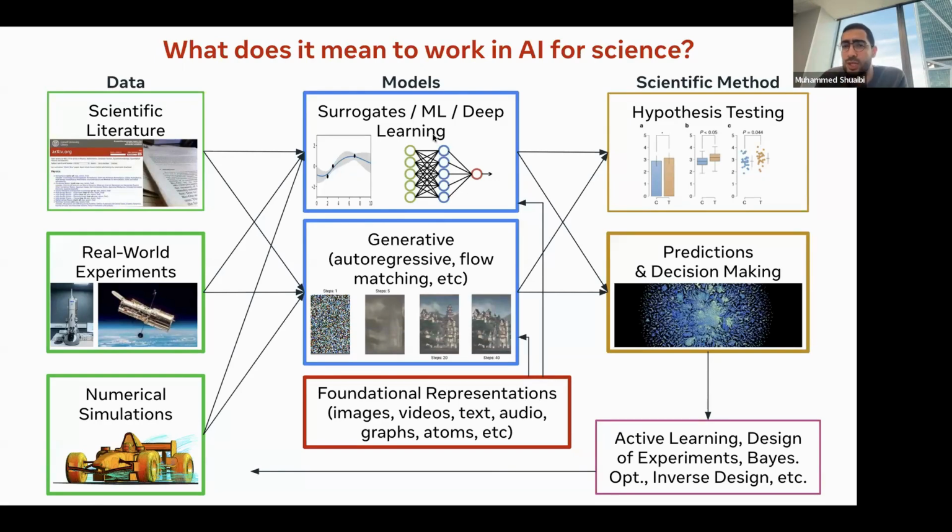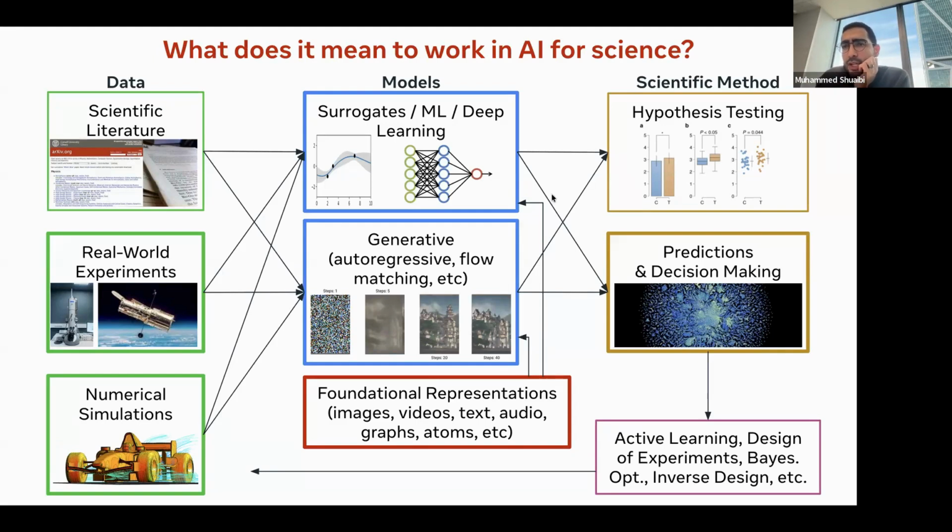There are models in the machine learning, deep learning space. There's also generative models. You see the stuff with OpenAI, all the generative AI tools that are coming out, and you're probably seeing everywhere. There's a wide variety of different models we can come up with. And lastly, there's lots of representations here. So you can have images for models, videos, text, audio, all sorts of things.